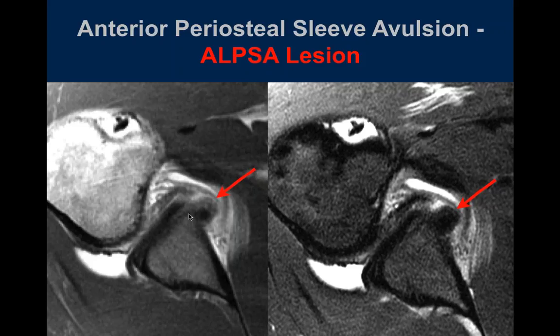Well, but I'm confused there. I thought that the previous one, the one you call Perthes, was the anterior periosteal sleeve avulsion, because it is a sleeve avulsion, right? It's ripping off the periosteum. Yeah, well, this is one that's ripped off, and then you have scarring in this location. But a Perthes does not have the scarring, and it's not scarred down to the bone. Right, but that one doesn't describe. But this,